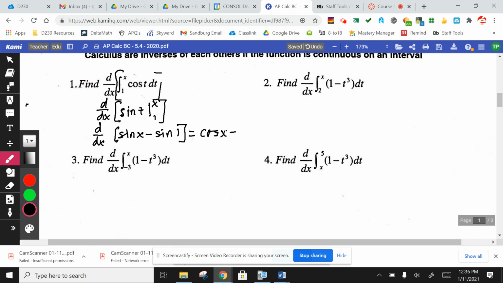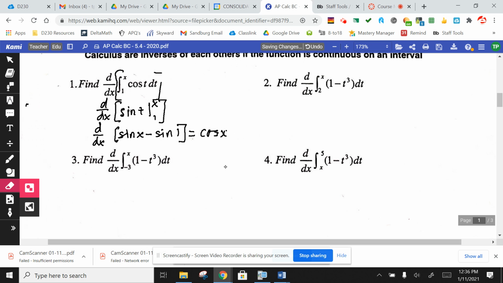It's going to give you a number of some sort. And we know the derivative of any number, regardless of what that number is, has to be a 0. So the only thing we would be left with as a final answer would be the